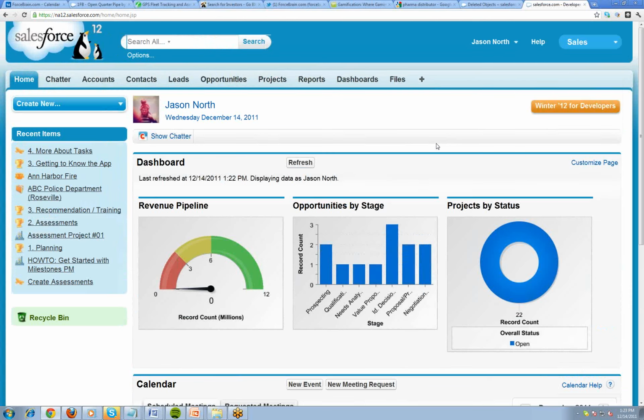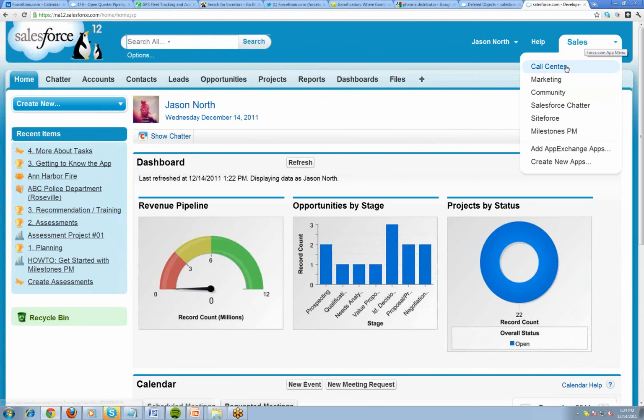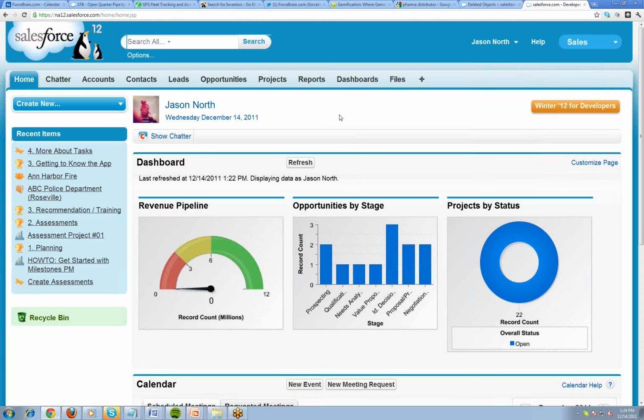We are in the Sales Cloud. There's a bunch of other applications. In our org, we've got about 30 applications that go down this right side list, anything from accounting and finance to project management to marketing, managing compensation plans, and all kinds of things. But we're going to focus on the sales application because that's usually the place where most people start. But just so you know, there's other applications you can install here and add on and extend. The sales application and most applications follow the same sort of layout